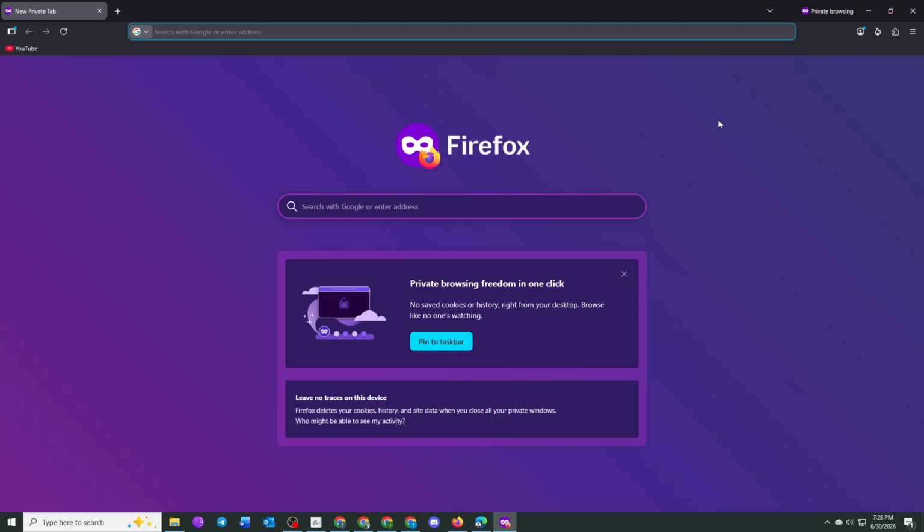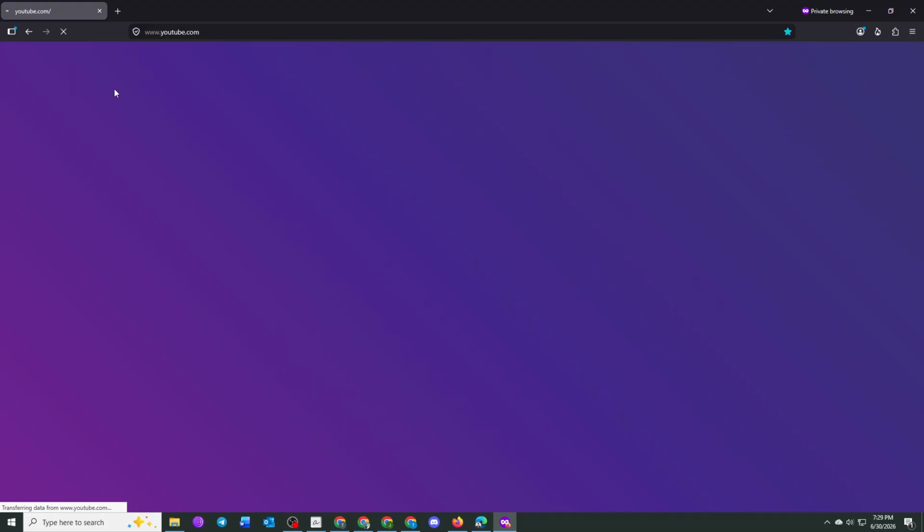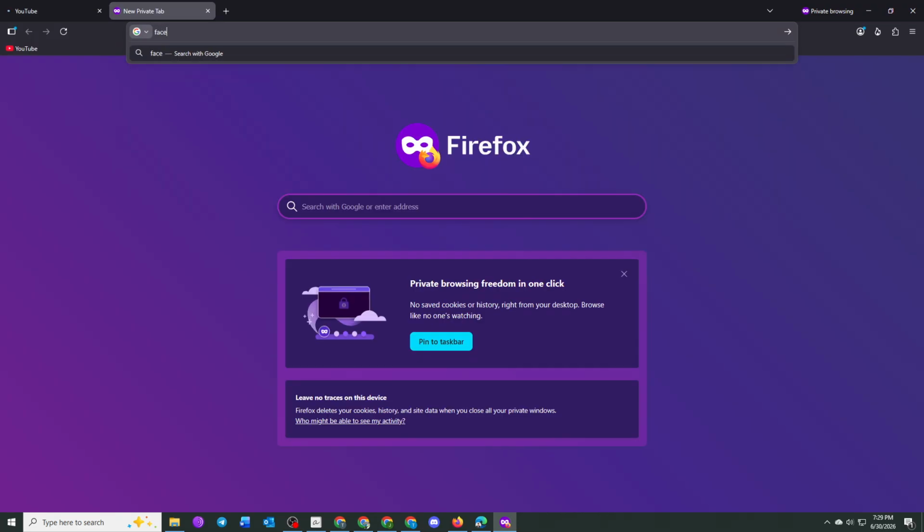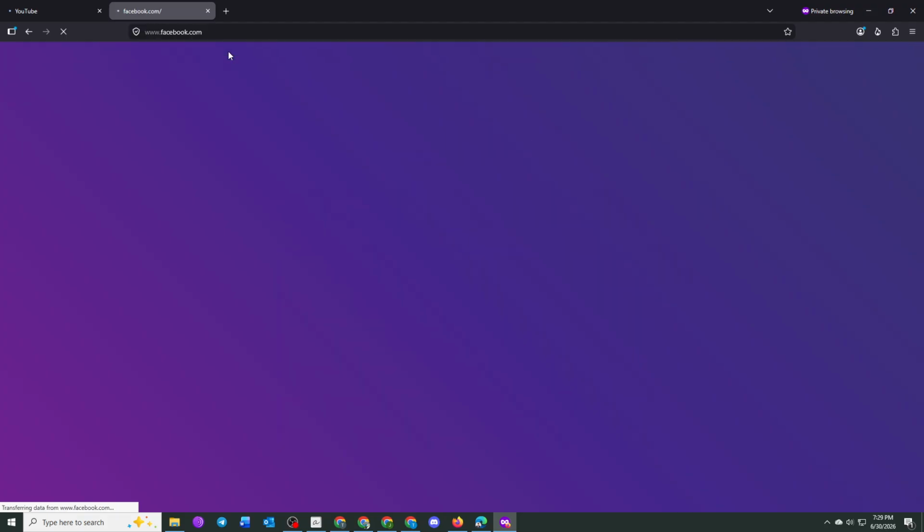You'll notice that the new window has a different appearance from a regular browsing window, making it easy to recognize that you're browsing privately. From this point on, you can visit websites, sign into accounts, and browse the web within the private browsing window. Firefox will not save your browsing history, search history, or cookies from this session after all private browsing windows have been closed. This makes it useful when you're using a shared computer or simply don't want your recent browsing activity to be